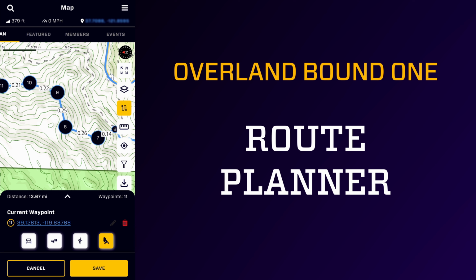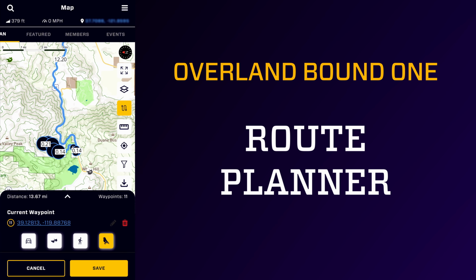There's no automatic routing. Now, this comes in extremely handy when you are off grid, because off grid Route Planner will not automatically route. So what will happen if you are in pavement or off-road mode is you'll tap and nothing will happen. Go to As the Bird Flies if you are disconnected from any kind of cell service, and you'll be able to plot a route along your path. No problem. Okay, now we've got our route,